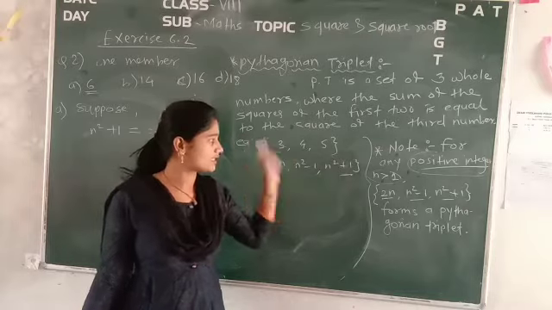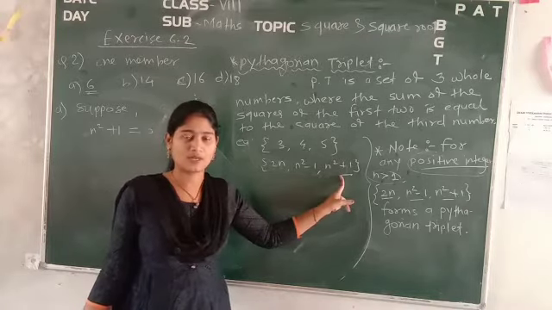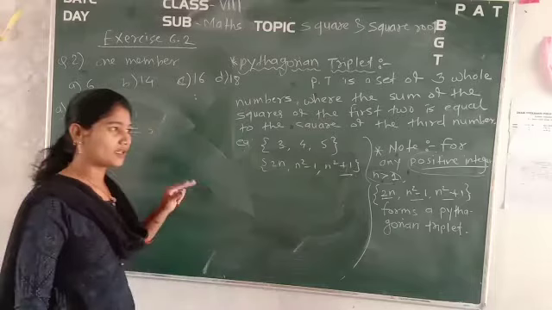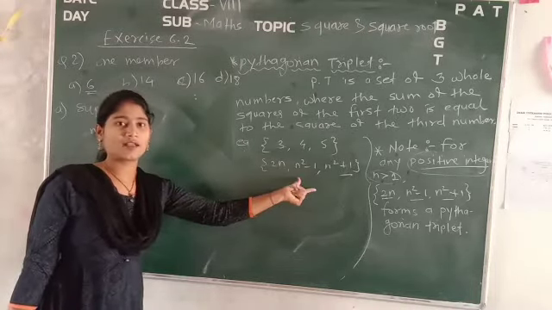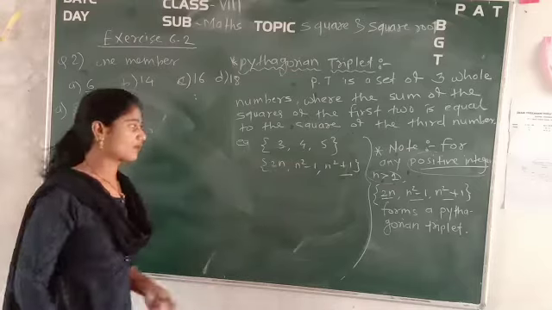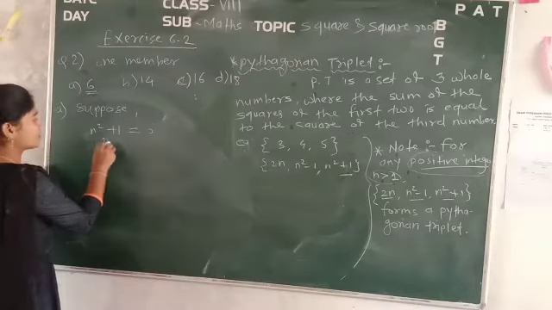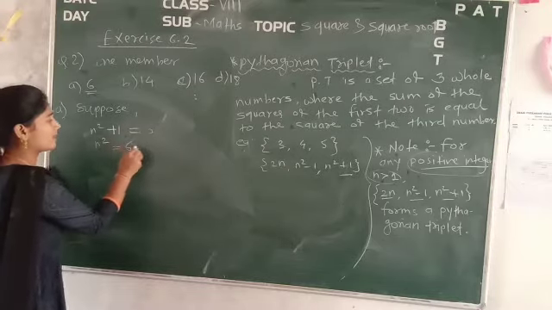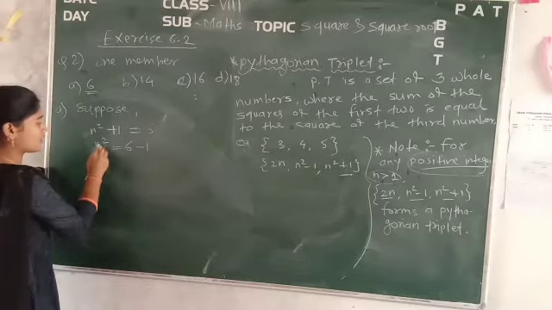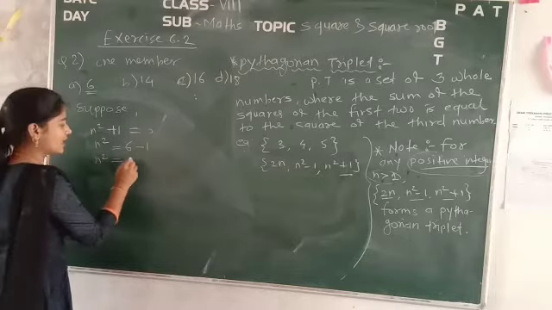Okay, it means this 6 belongs to this third order only, not the second and first. But if it is not correct, we have to turn to the second. If this is also not correct, we have to turn to the first only. Okay, so just consider that n square will remain as it is. This equal to 6 will come here, plus will become minus 1, which is equal to, now n square will be as it is, 6 minus 1, it is 5.